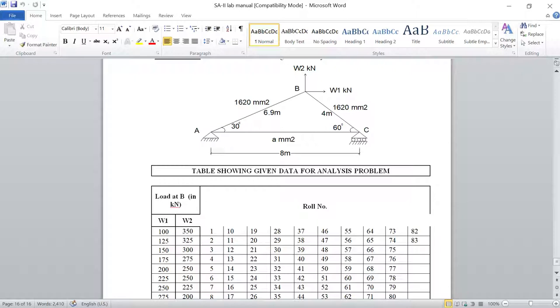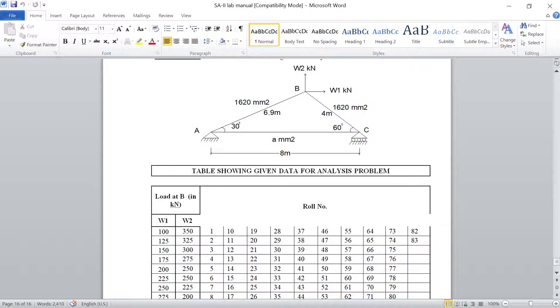Today we will see practical number 8, that is the last practical of your essay 2. This practical is basically based on the truss element or the truss geometry of the structural stiffness matrix that we have seen in our theory under unit number 3. As shown on the screen, this is a triangular geometry of a truss, having one end as a hinge and one end as a roller.